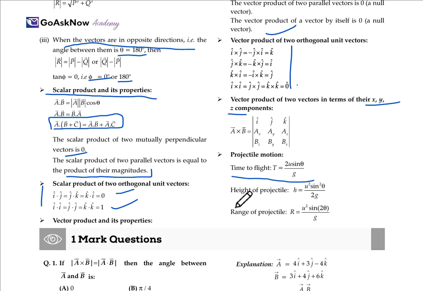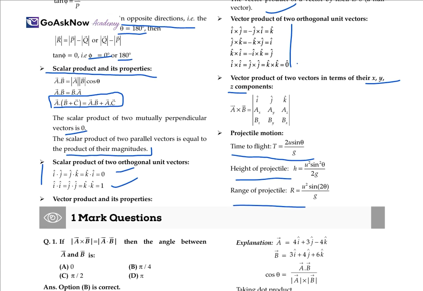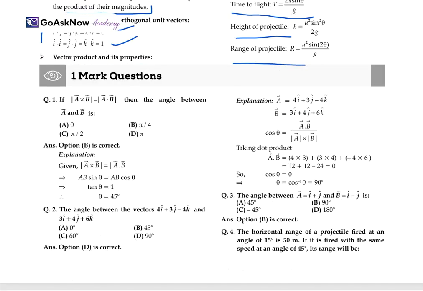Horizontal displacement is the distance between the launch point and the landing point, where the projectile hits the ground. When the projectile comes back to the ground, the vertical displacement is 0. So we'll simply write the second equation of motion and put the values. When we solve it, we get the value of u cos theta t. We simplify the equation and get u square sine 2 theta upon g. This is the equation for the displacement of a projectile fired at an angle theta to the ground. This is the horizontal range.